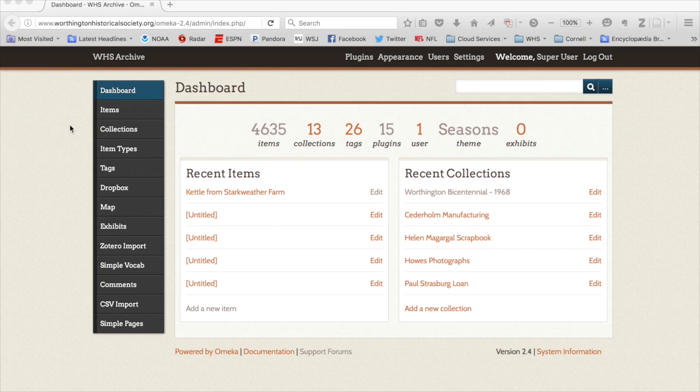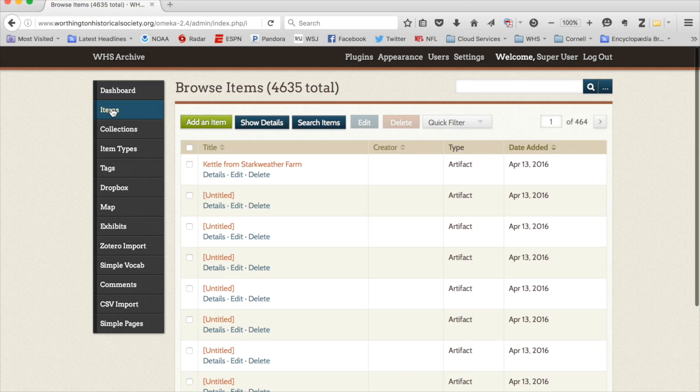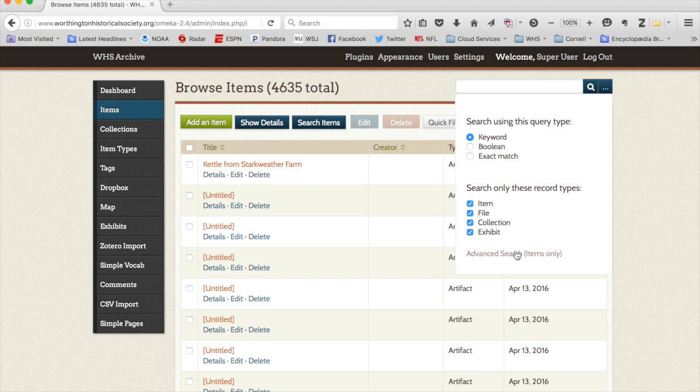I'm going to show you how to add assets to items using the Omeka Dropbox plugin. We first go to Items, and I've decided ahead of time that I'm going to be working on items 2007-001 and up sequentially. So I'm going to go into Search, hit these three dots here to Advanced Search,